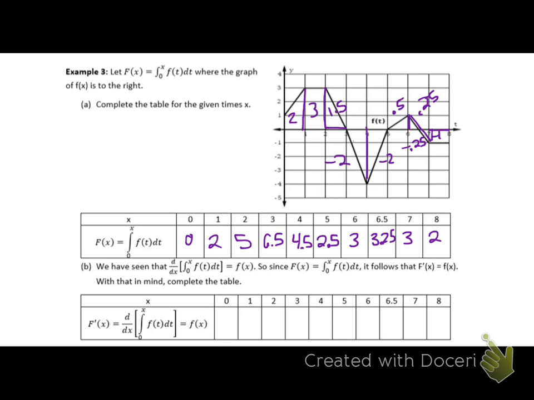So capital F prime of 0 is 1. For 1, we're at 3. For 2, we're at 3. It should take no time at all. For 3, we're at 0. 4 is down at negative 4. 5 is back at 0. 6 is at 1. 6.5 is at 0. 7 is at negative 1. And 8 is at negative